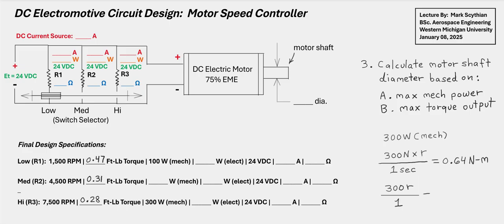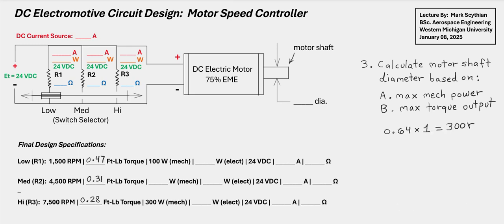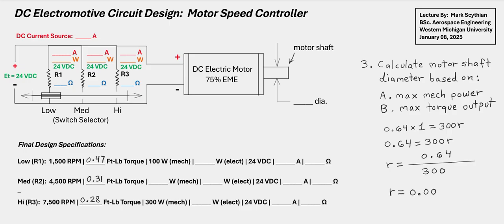Then it is equal to 300R over 1. So we can simplify this to 0.64 times 1 is equal to 300R. And then it's 0.64 is equal to 300R. And then we solve for R. It's 0.64 divided by 300. So we get